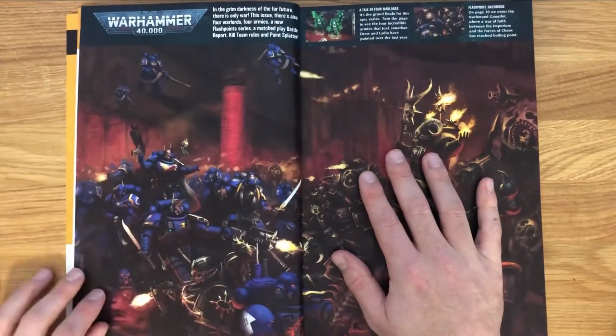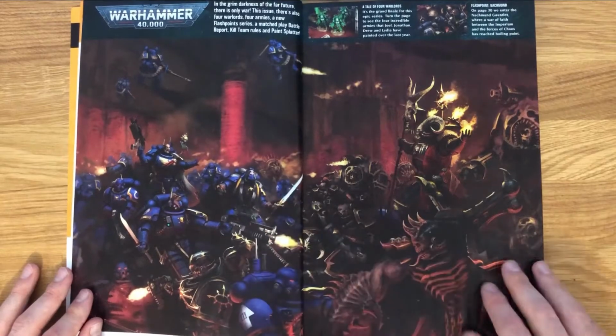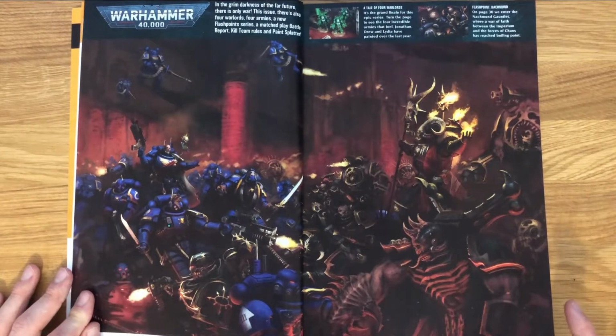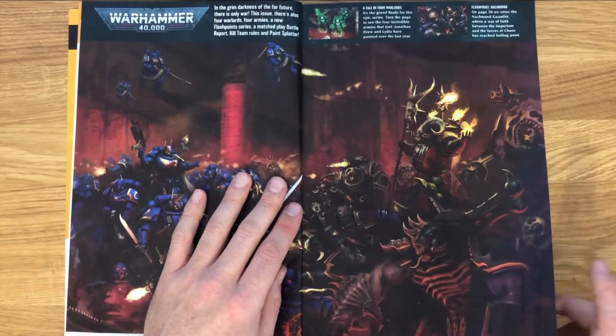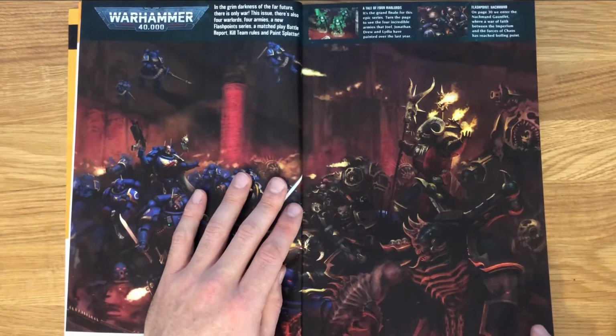Alright, and then you're moving straight into the 40k section on this month's edition. And you've got some awesome artwork here. It looks like the Black Legion taking on the Ultramarines. Funny that. Right, so in the grim darkness of the future, there's only war. This issue, there's also 4 Warlords, 4 armies, a new Flashpoint series, a matched play battle report, Kill Team rules, and